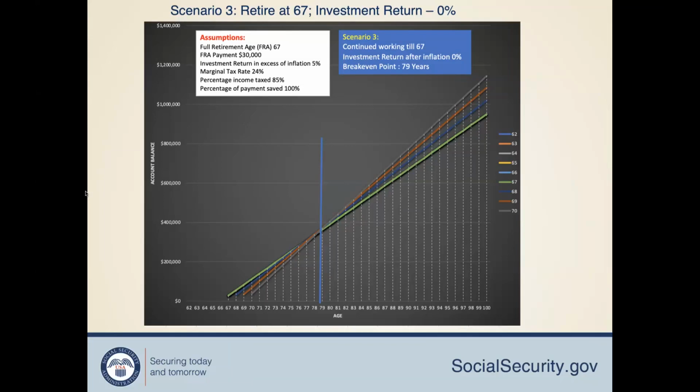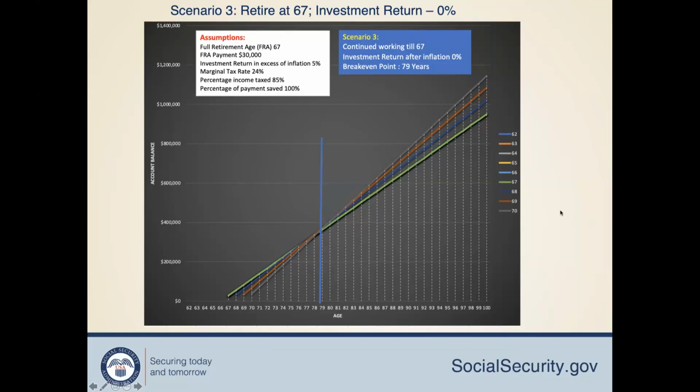There's a follow-up question. Let's say I wait naturally up to FRA, but I'm still able to continue to do the work. I cannot get the Social Security in that case also, right? No, until you reach FRA there is a deduction. After you reach FRA, there is no deduction, right? Or if you give up your work after a year, then you get it back.